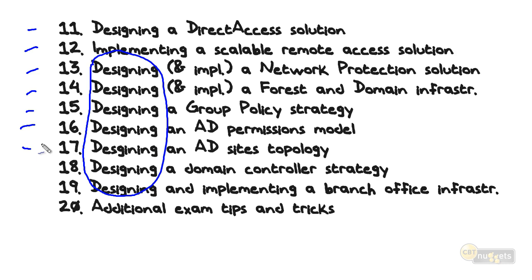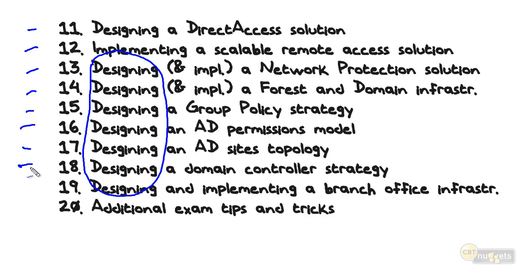Finally, our last major topic is going to focus on Active Directory's physical infrastructure, including number 17, designing an AD sites topology. Stuff like proximity of domain controllers, replication optimization, site links, stuff like that. 18 gets us on to designing a domain controller strategy, including global catalog placement, FSMO roles, read-only domain controllers, partial attribute sets, and even a new feature, domain controller cloning, which is actually really cool, especially if you're virtualizing your